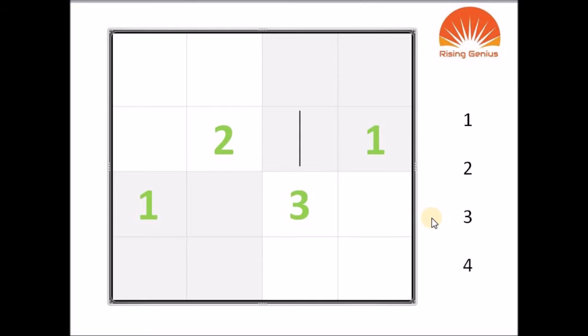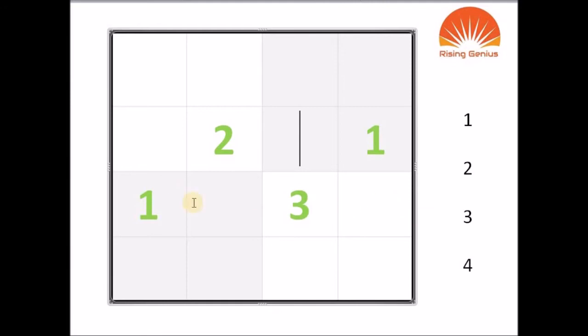Whether it is a small Sudoku or a big 9 by 9 Sudoku, or this is just a 4 by 4 Sudoku, the rules are the same. Only the numbers will differ. So let's start with this Sudoku now. So let's start with any big box, or you can start with the lines. Everything is the same. You will end up with the same answer.